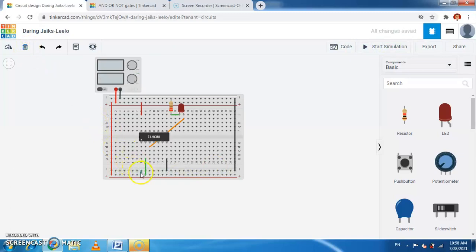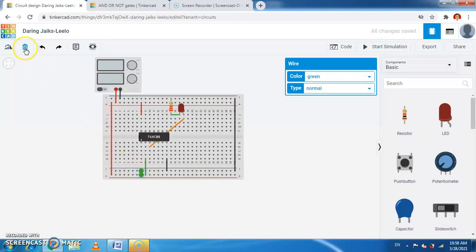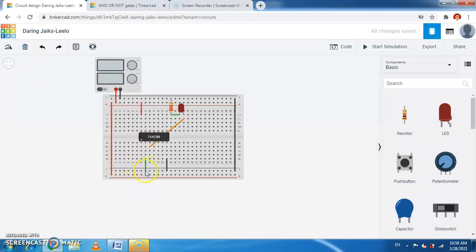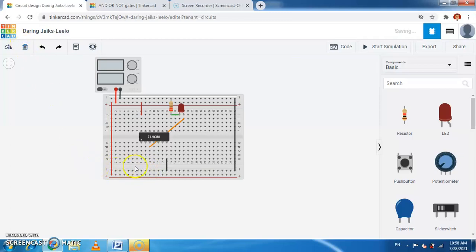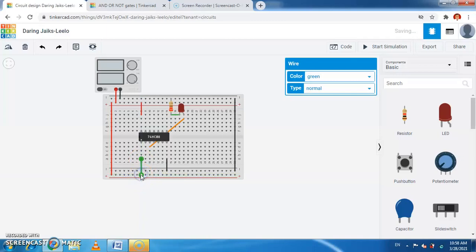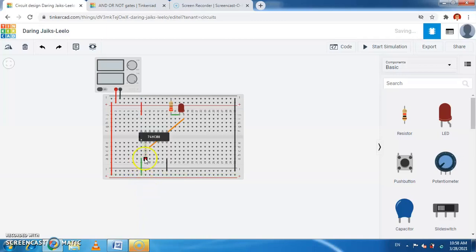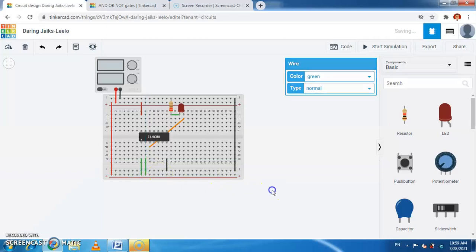So this is shorted here. We remove this short. Here also it is shorted here. I'll remove this. Okay. Now connect this input to the VCC here. Yes, it is connected to VCC. Okay, one. This we also connect to the VCC. Now we simulate this.